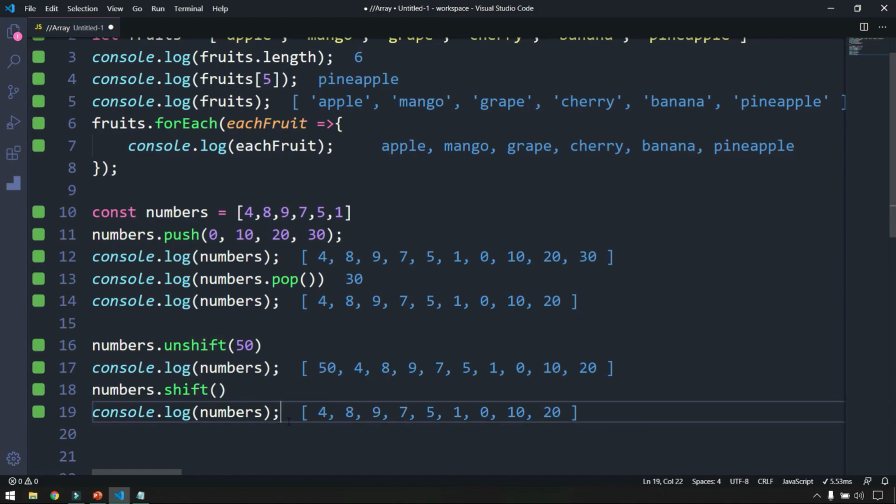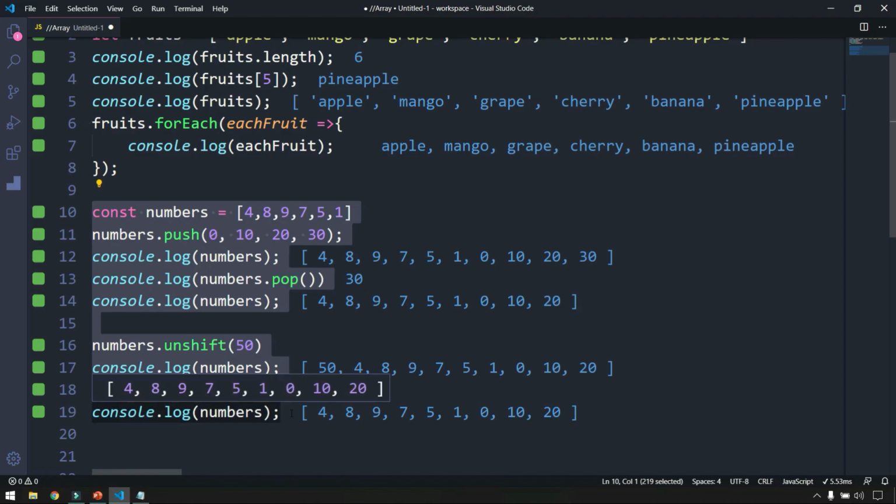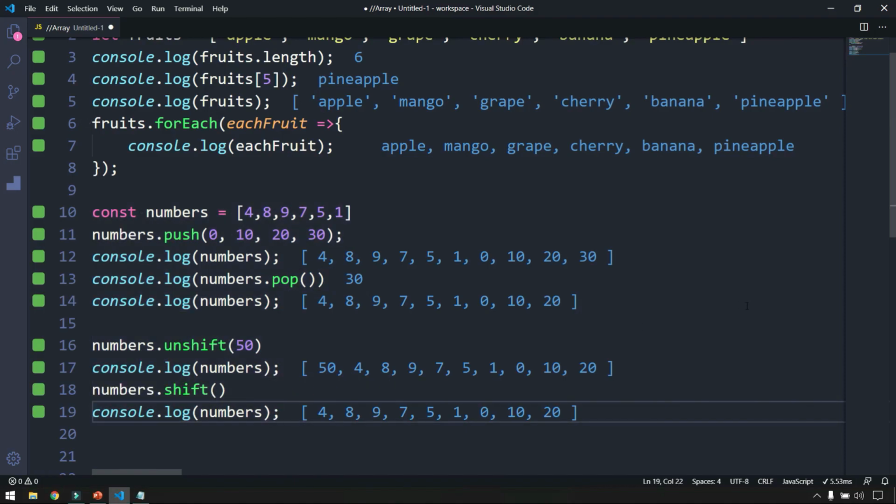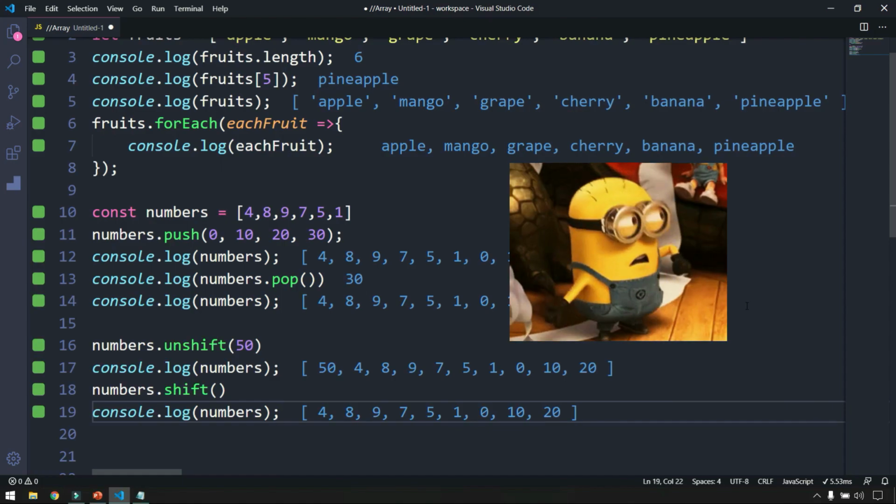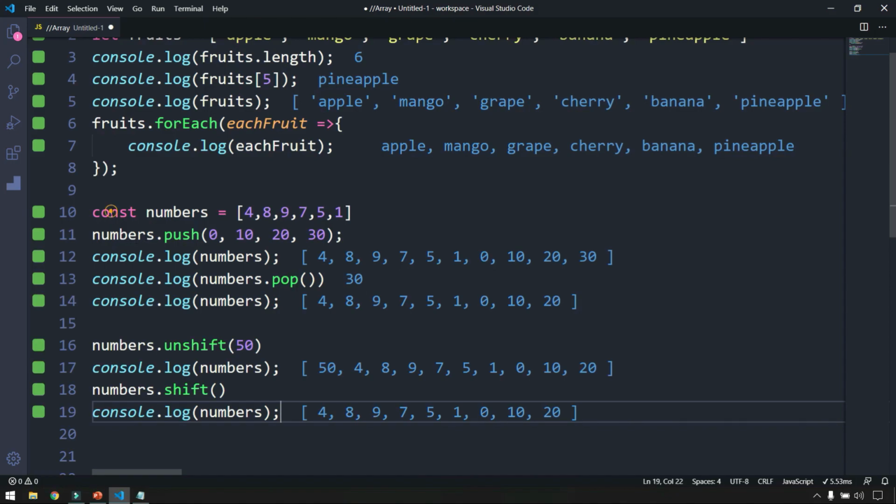I hope this makes sense to you, and this is pretty easy, right? But wait a second, did you find anything different here? No? Okay, let me tell you. Here we are using const, right? If you remember my second video, which is about let versus var versus const, I said that whenever you declare a variable with const, you cannot change the value at later stages. Do you remember?